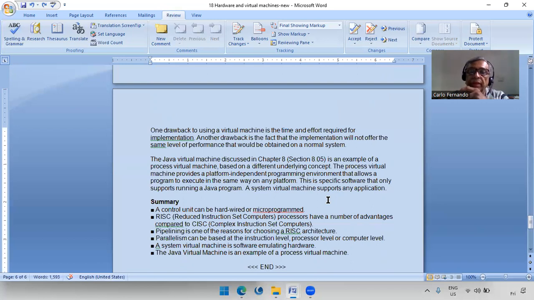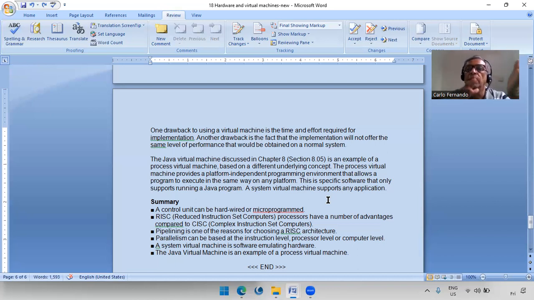This is specific software that only supports running a Java program. That you must realize. The JVM, Java Virtual Machine, will run only Java. Whereas with the virtual machine we were talking about, you can implement many other compatible software, of course, compatible on that